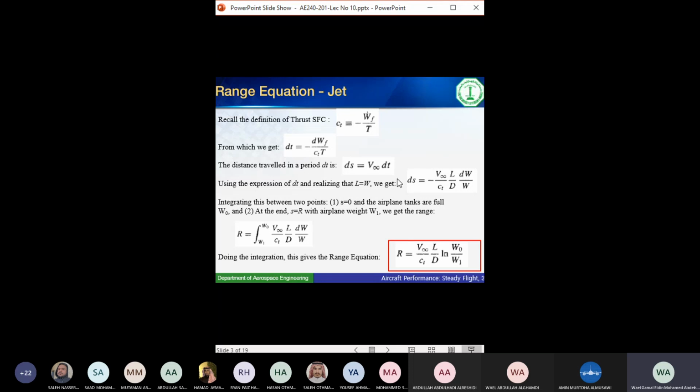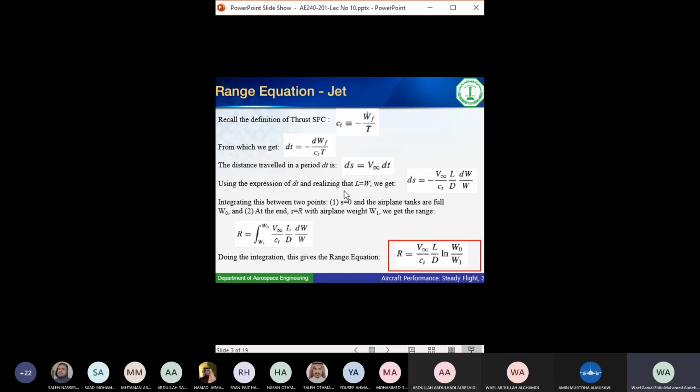So how can I get S? Simple. I can integrate here with respect to W and I can integrate here with respect to ds. But I need to know 2 points on the function to do the integration. What does that mean? I will integrate ds from the very beginning of the flight to the end of the